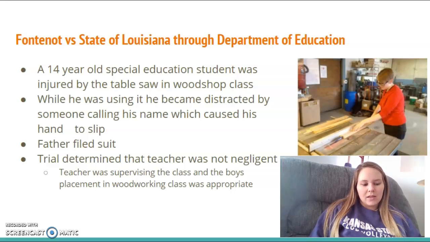And then describe professional ethics that would have been beneficial. I feel like the teacher did all those things. He was in the room, he was present. It was just a loss of being attentive for a split second, and unfortunately that can happen in a shop class. So reactive measures, I guess, going back to that, could be maybe the teacher has to be there every time a student uses a table saw, or make sure that there are 2 people at all times just watching for safety issues and things like that.